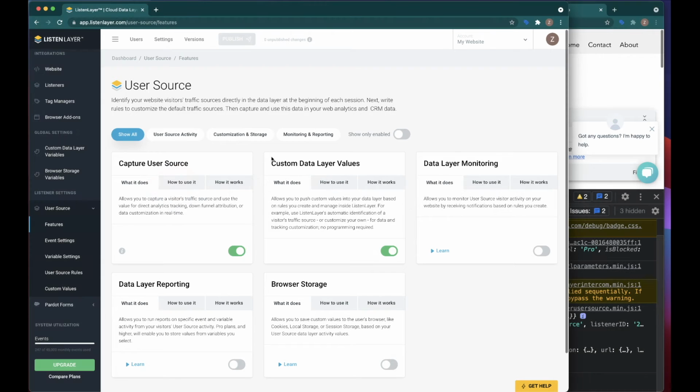The custom data layer values feature in the user source listener allows us to write rules that can then push values into our data layer based on activity that we see elsewhere in the data layer. Once this is turned on, a new screen will appear called custom values. But the first step is to always ensure that the variables you want to use in your data layer are